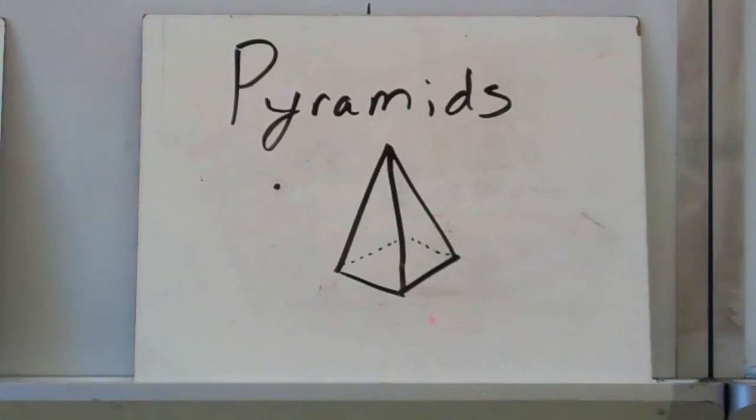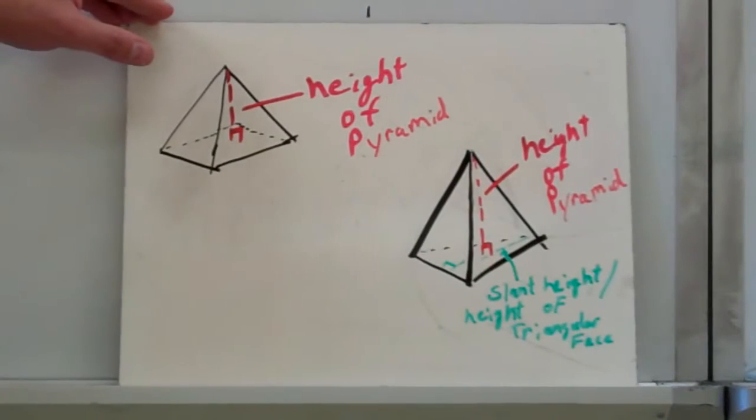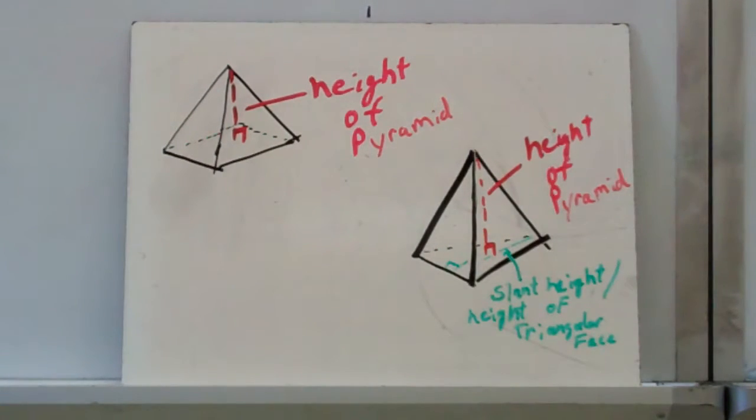Okay guys, today we're going to finish out talking about pyramids, and we're going to conclude with the volume of a pyramid. So before we actually get into formulas and such for volume of a pyramid, we do need to talk about one thing, and that is the height of the pyramid, because earlier when we were talking about surface area, we talked about the height of the triangular face, or the height of the lateral face. But now with volume, we're actually dealing with the height of the pyramid, okay,